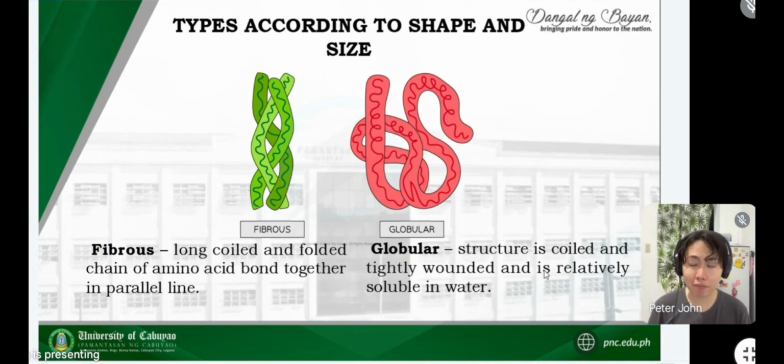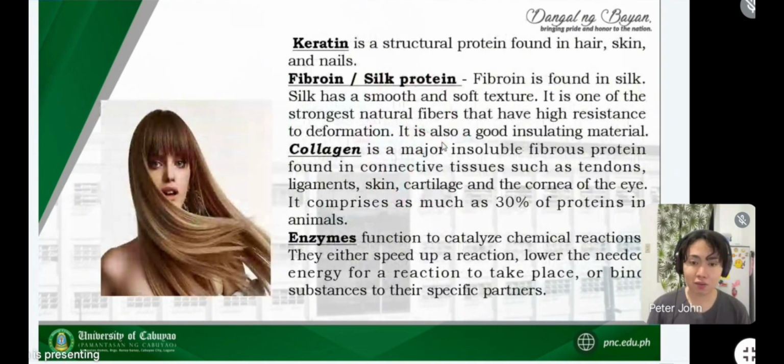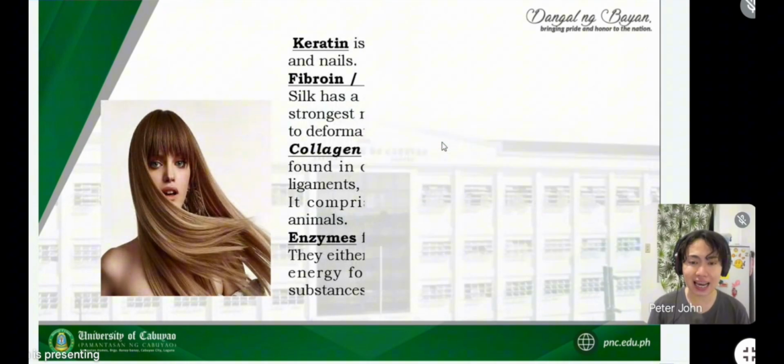So, normally, may mga protein kasi tayo na sobrang complex, almost similar to this. So, that complex carbohydrates also contributes in various function. Pwede siyang maging very soluble sa water. Pag nag-soluble kasi sa water, so it helps in everything sa buong process ng katawan natin. So, meron tayong mga common na protein na dapat niyong alam.